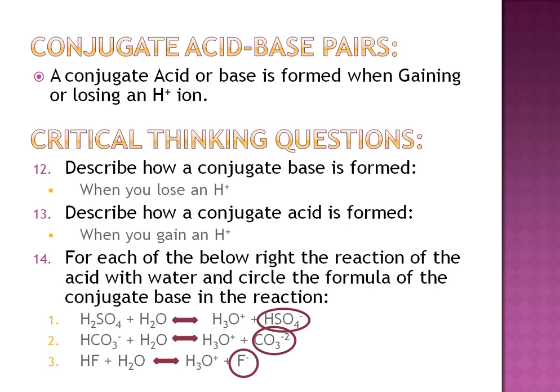Critical thinking questions. Number 12. Describe when a conjugate base is formed. It is formed when you lose an H+. Number 13. Describe how a conjugate acid is formed. It is formed when you gain an H+. Number 14. For each of the below,